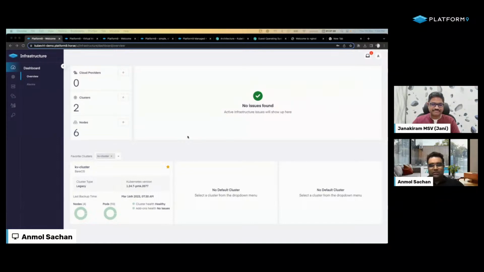All right, thank you. So this is the Platform 9 managed Kubernetes platform, and an ability to run your workloads across all the different streams, which Jani said, as public cloud, your virtual machines, and your